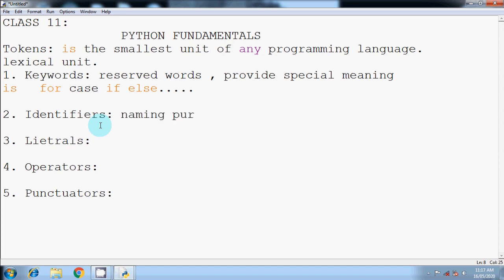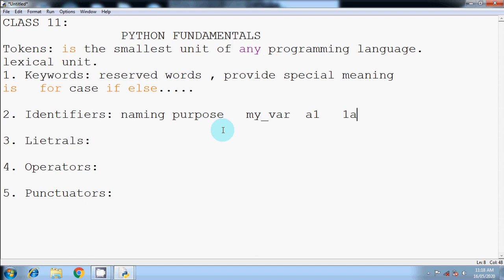So this is used for naming purposes, and it is any combination of letters used in the user's way. For example, if I am coding a particular program and I need to name a variable, I can name it like myvar. This is a kind of name and it will be called an identifier, as it is not a keyword, which means it is a user created word, and that's why it will be categorized as an identifier.